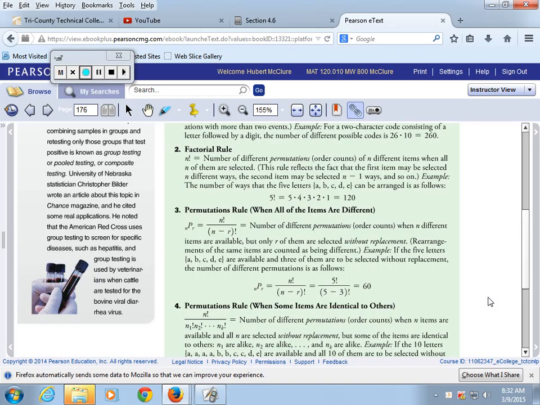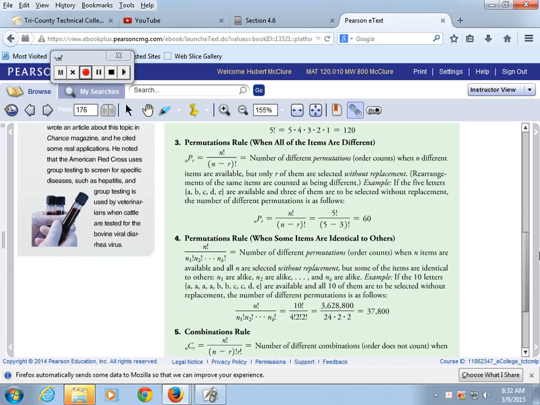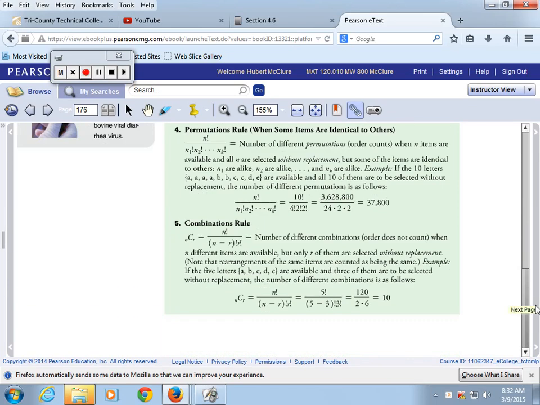So R is the number that you're asking for. So let's say that you're picking from 30 numbers and 5 have to be these numbers, like in a lottery. So N would be 30 and the 5 would be R. And that's the way it is with the combination and the permutation. N is always the biggest number. The permutation is number 5. Combination means order does not count, or no order. The only difference